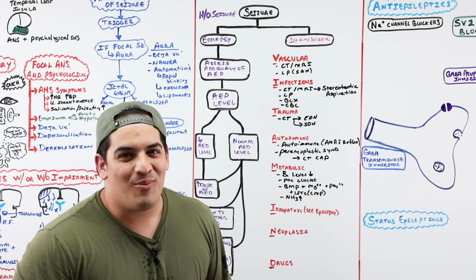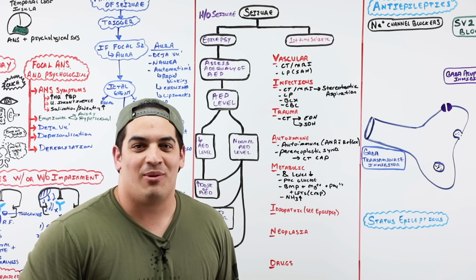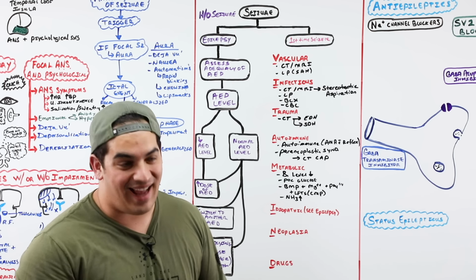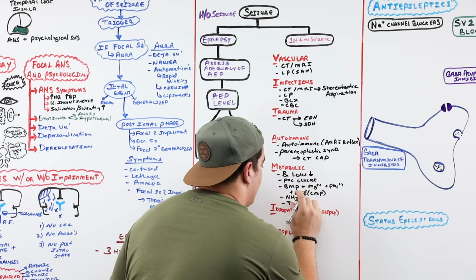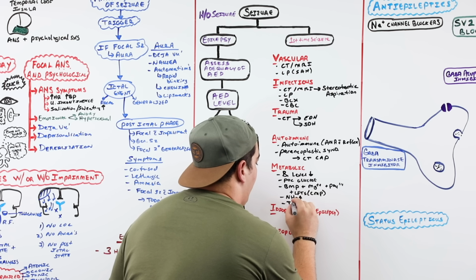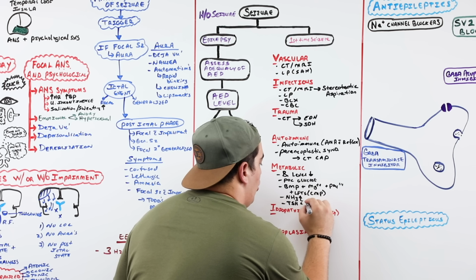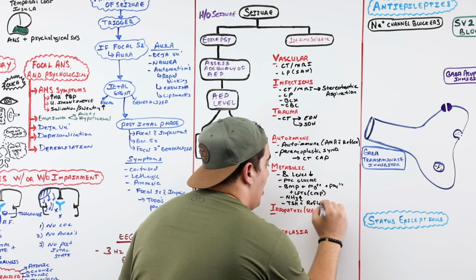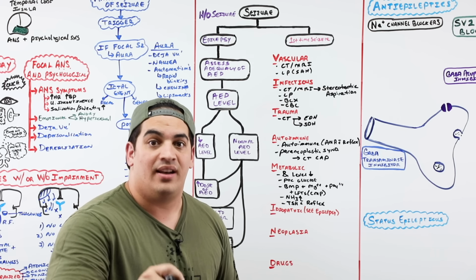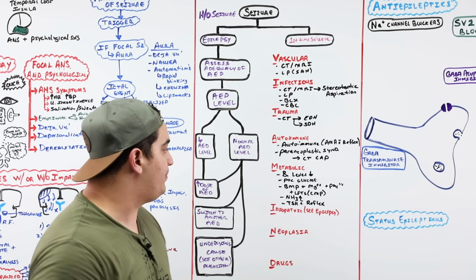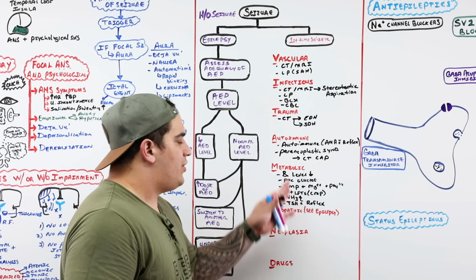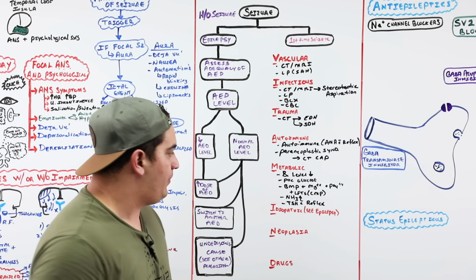Look to see if there's an elevation in their ammonia. One more cause for the metabolic that I want you guys to remember is thyroid, hyperthyroid. So get a thyroid function test. The way that we check this preferably is TSH with a reflex. So if the TSH comes back low, they'll send it to check for a T3 and T4 to see if that is high, okay? Alrighty, so these are the big things to think about here.